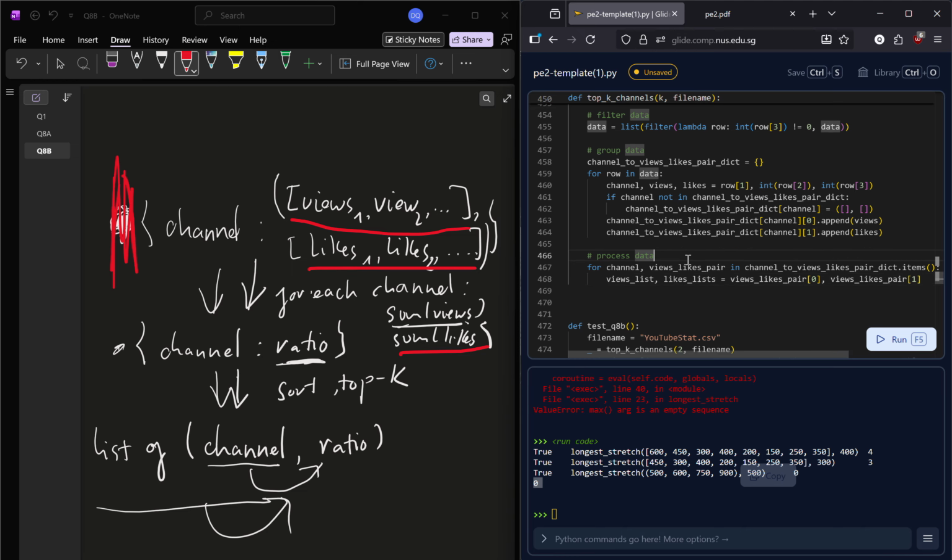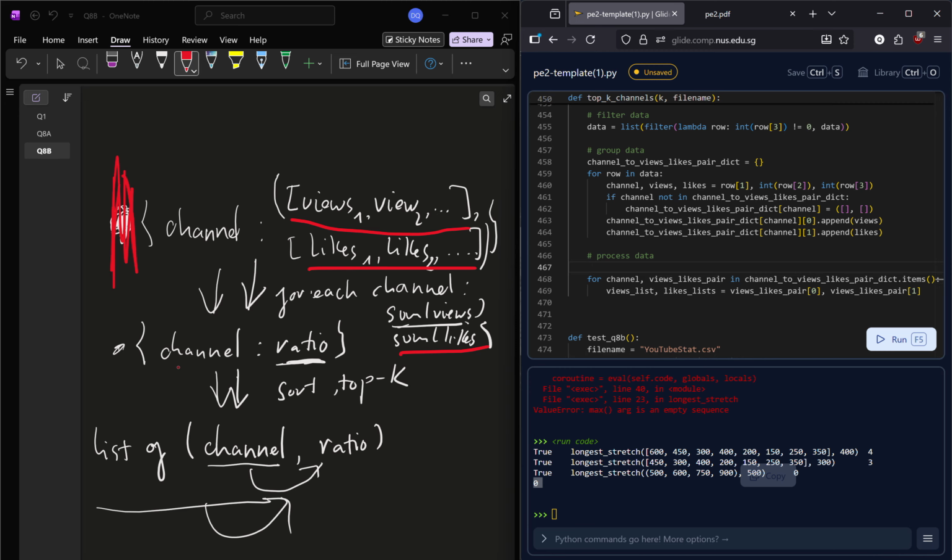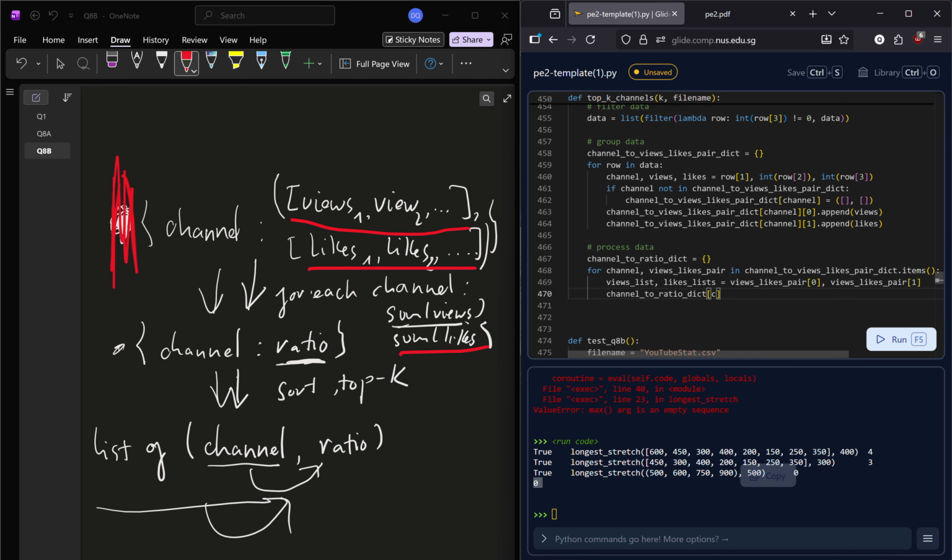Then we want a dictionary from the channel to the ratio, right? So channel to ratio dict. Let's initialize a new one. Then the channel to ratio, the key is a channel, right? We can set it to the ratio between the sum of this list divided by this sum of this list. So sum view list divided by the sum of like list. Okay, so this is what we have at the